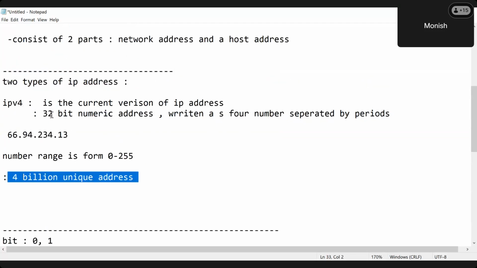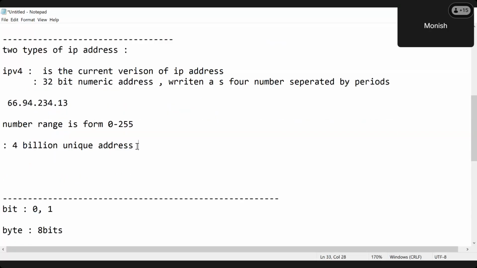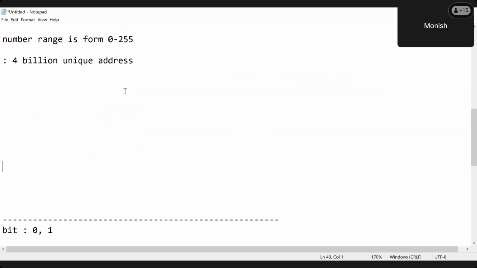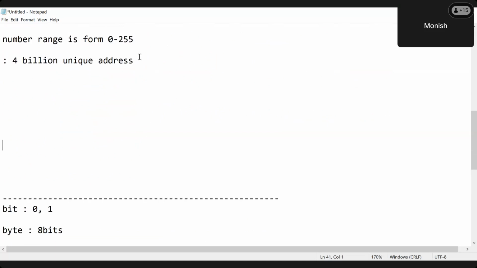IPv4, 32-bit numeric address. What does it mean? A combination of 32 0s and 1s. Written by 4 numbers separated by periods. Now the numbers range between 0 to 255. Why is it 0 to 255? We will be having a discussion on it. Now if this is the case, how many possible addresses can you form? 4 billion unique addresses. Now to make you understand how the particular data will be read by the computer, let's do it by using